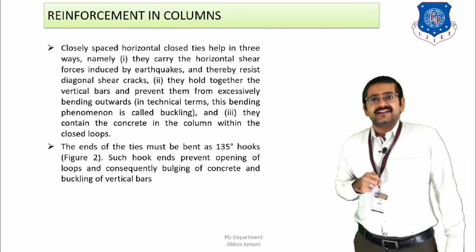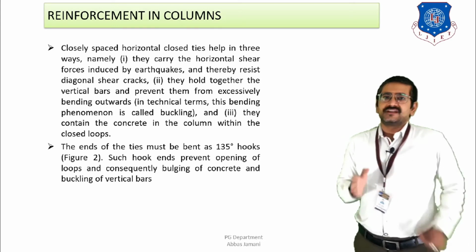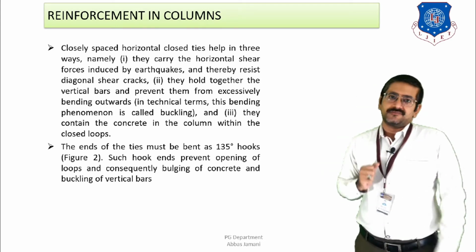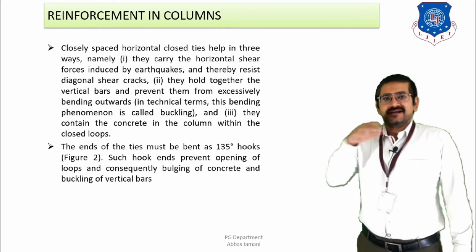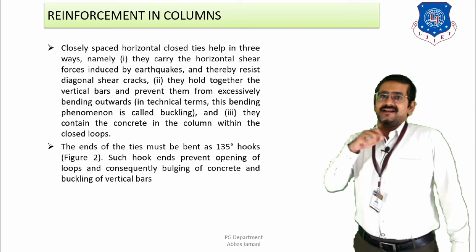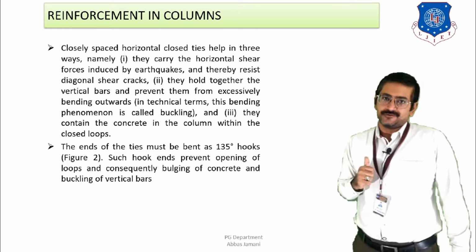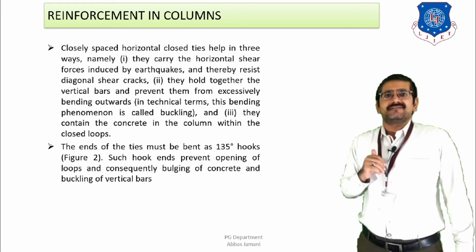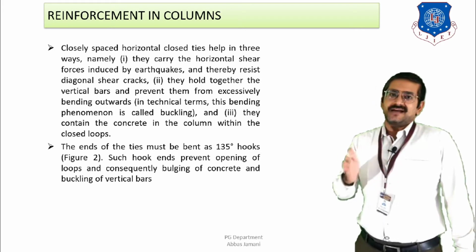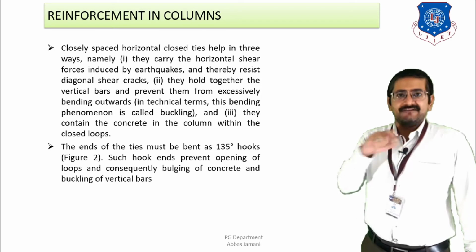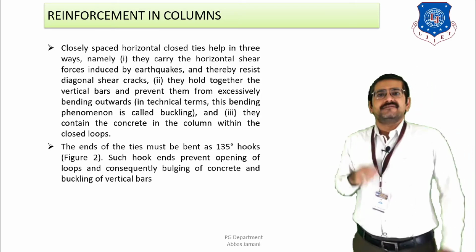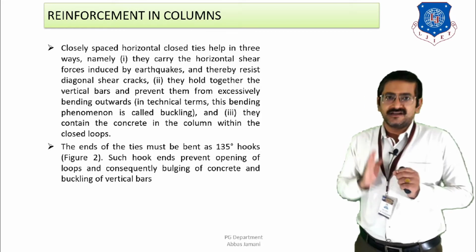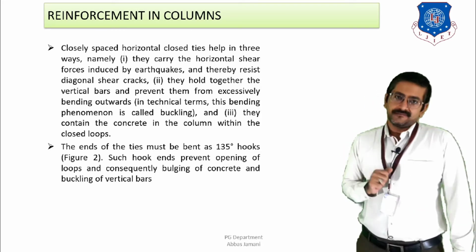Second, and the important role of these stirrups is to hold the vertical bars along the height of the column together, right? If the column's longitudinal reinforcing bars are erected, but the transverse reinforcement is not provided, then buckling of the bars is likely to take place. And when buckling of bars takes place, the bars will not remain in position. So whenever you provide this transverse reinforcement, it will help to keep the vertical bars in position, and as a result, it will avoid the buckling of bars.